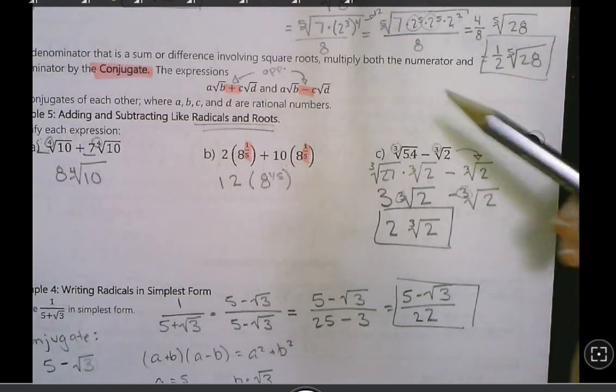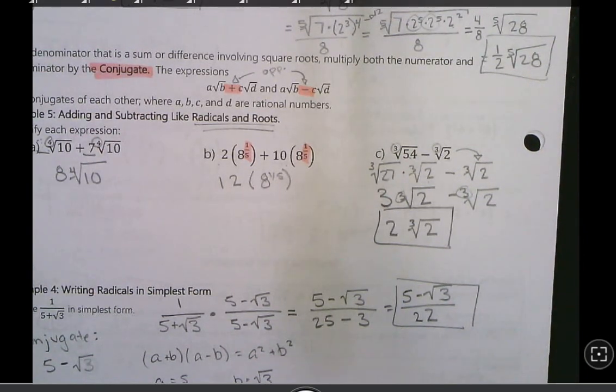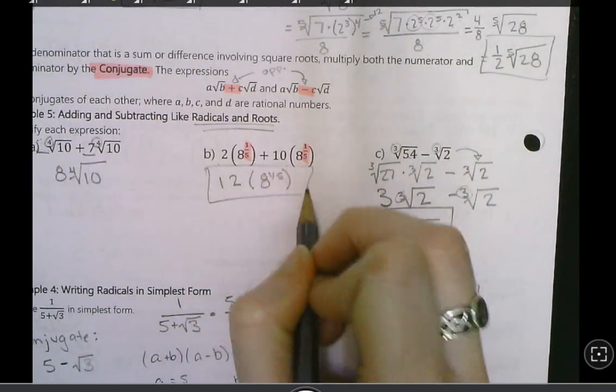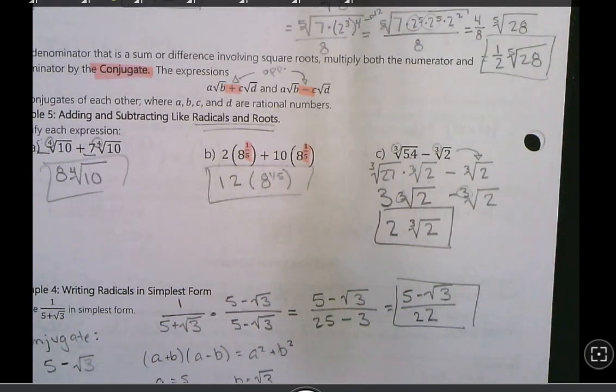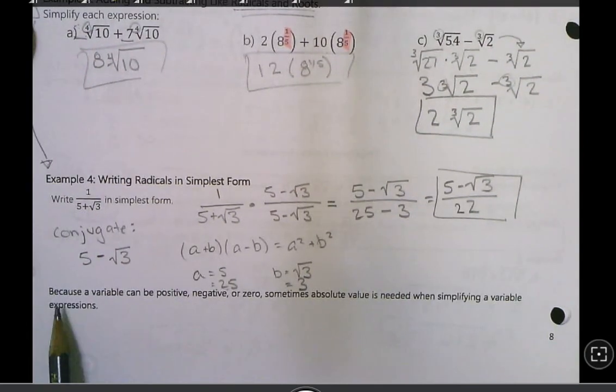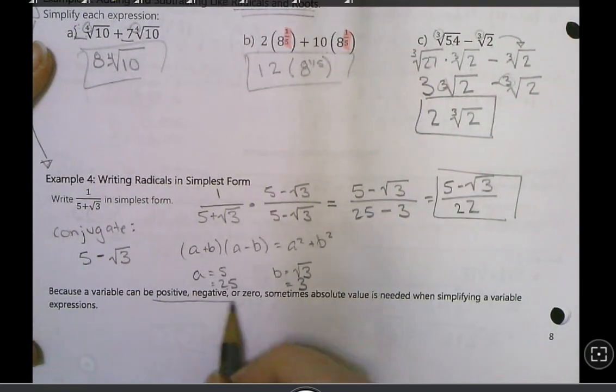So these come in later on once we've done some of our conjugates and have to add and subtract. But overall, it's pretty simple. It works just like our variables. We make sure they look the same and add or subtract those coefficients. Okay. Next part, if you look at your notes, it says, because a variable can be positive, negative, or 0,